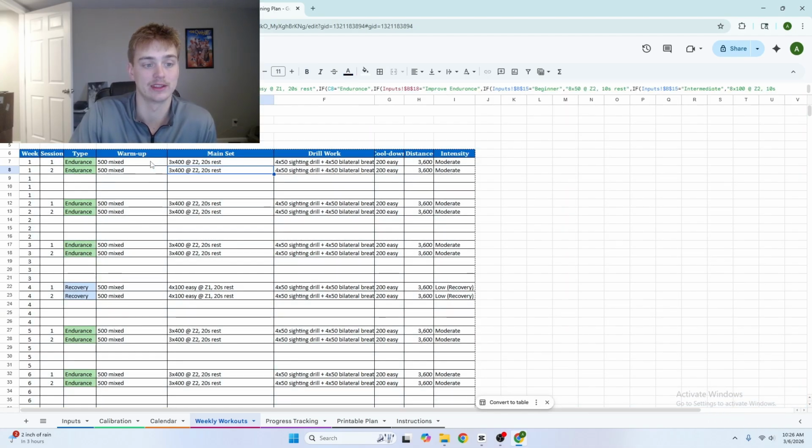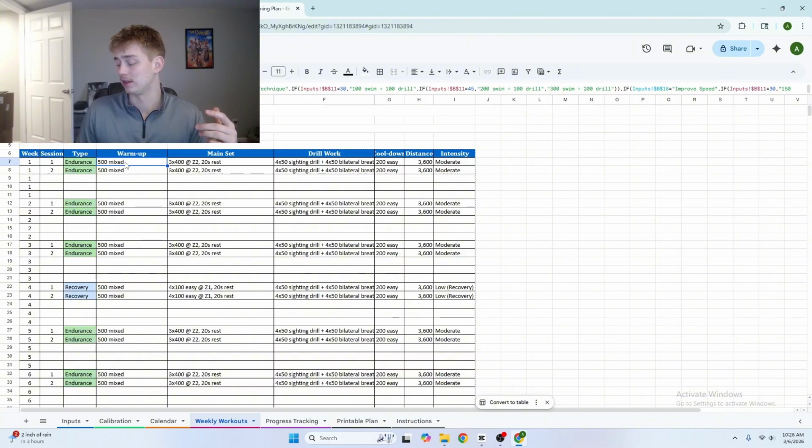Okay. It's going to give you the distance, the total distance, the intensity, and then it's going to give you the set, right? So if I'm working on endurance, it's going to give me a 500 warm-up mixed, which can mean anything from adding in backstroke, maybe some skull, just anything that you might want to add. Then the main set is going to be 3 400s,